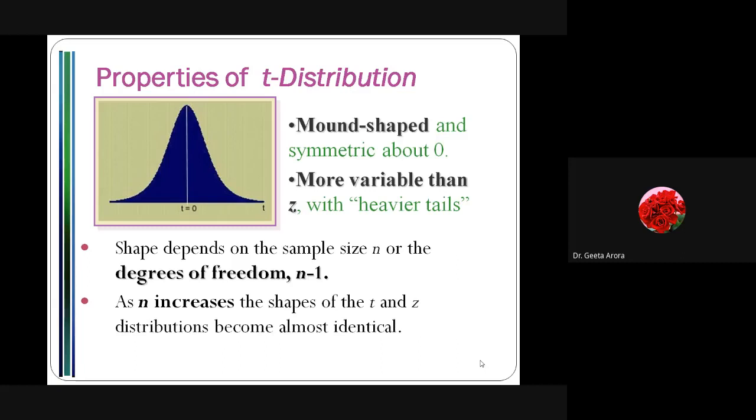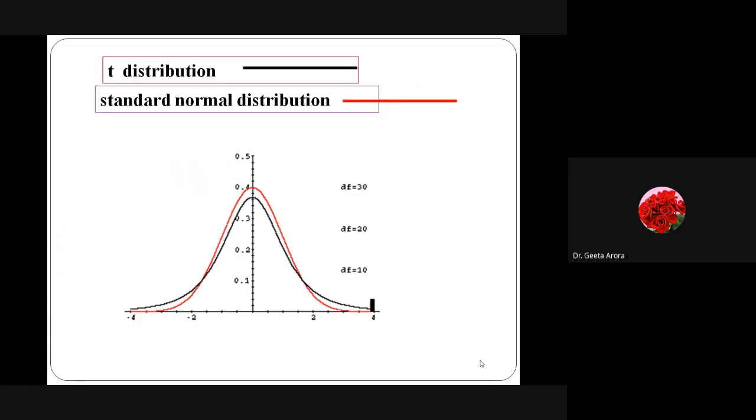But actually, in real scenarios, most of the time while doing calculations for some experiment or survey, we are actually using the t test, because it is considered more reliable compared to the z test. But here we are also saying that as n is increasing, t and z become almost identical. This was the picture I was talking about. As the degree of freedom is increasing, the z and t distributions are almost the same.